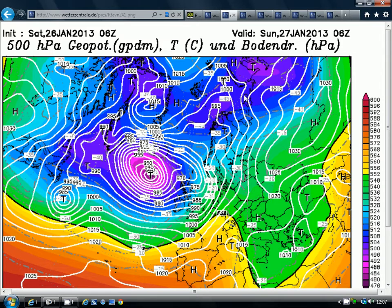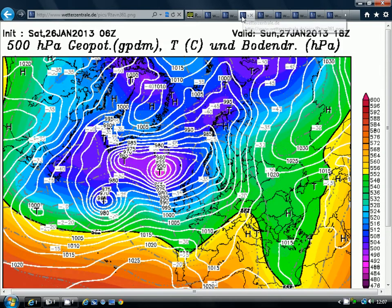So temperatures then drop down just a little bit. Now, as we move into a Sunday, we're into a straightforward run of westerly winds across the country around this area of low pressure to the northwest of Scotland. So we'll get rid of the rain early on in the east and the southeast. That'll go quite quickly, and then really we're into a run of westerly winds with good sunny spells and showers